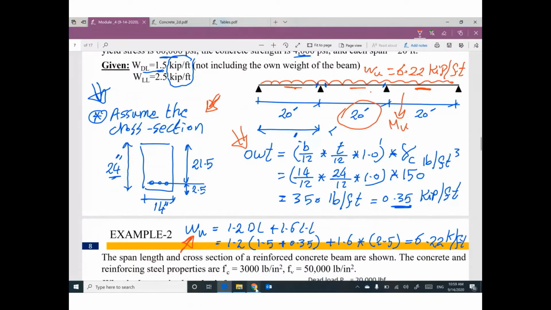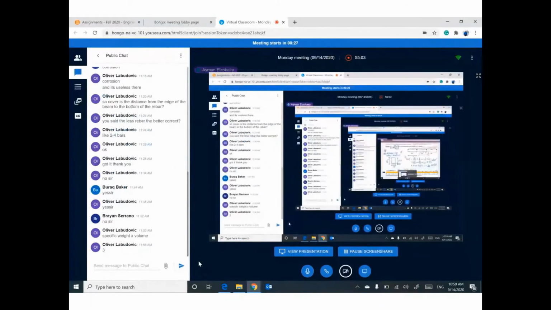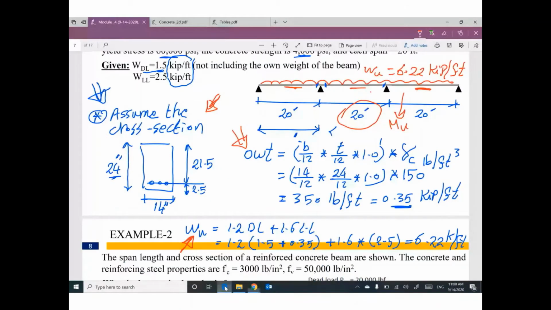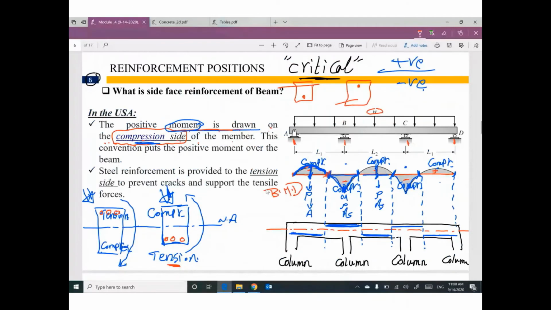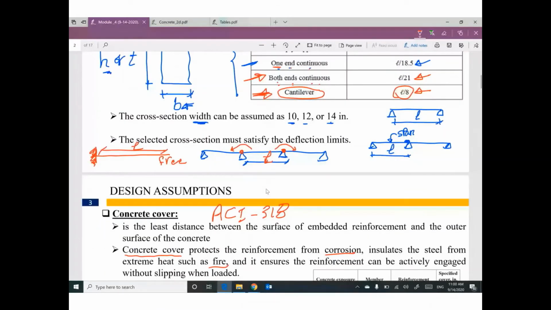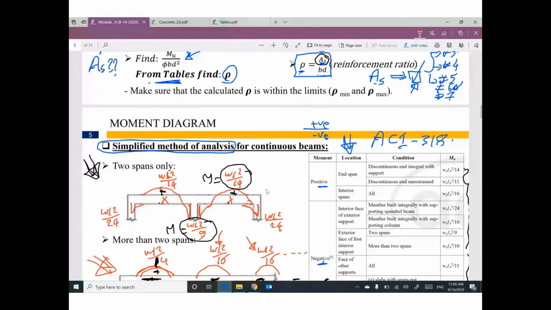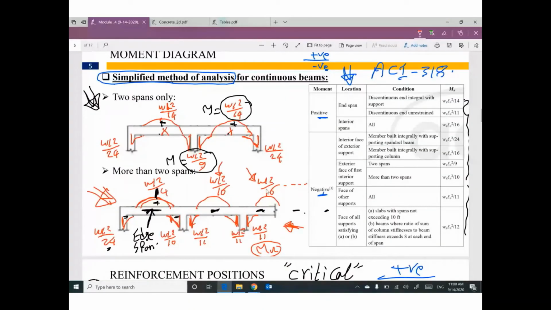Today, the topic is very important. We have a lot of information. We started to understand what's going on. We have some guides from ACI to help you figure out the overall depth and the concrete cover, how to figure out the applied load and what is the value of bending moment,